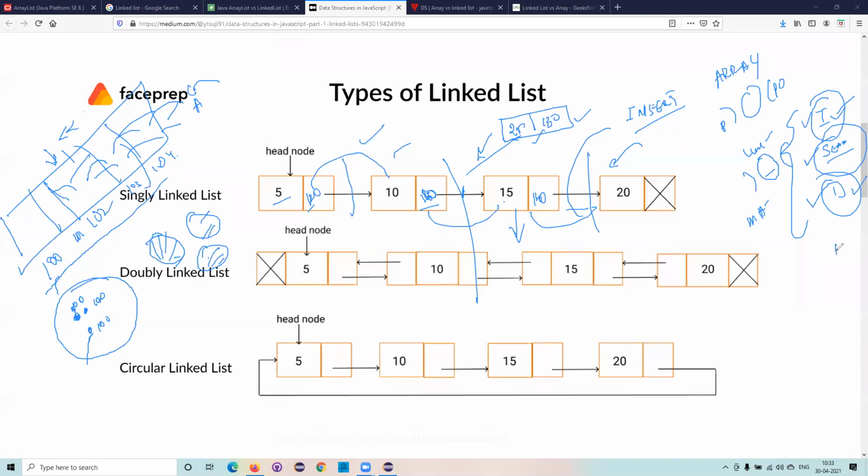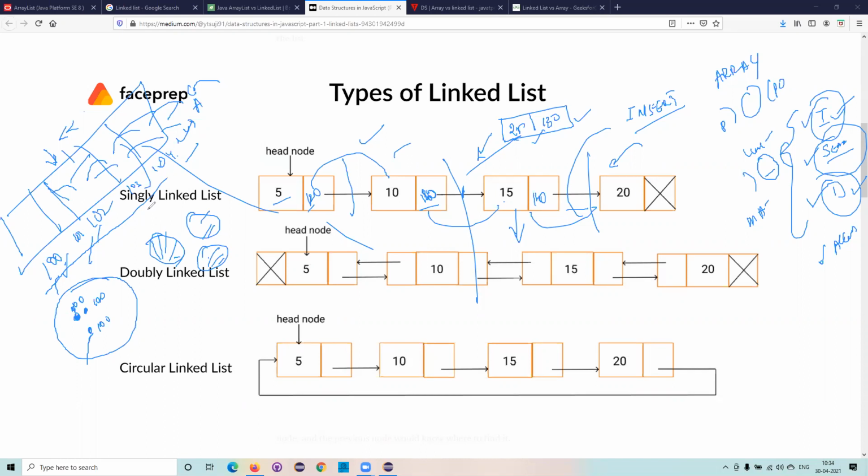And the next one, accessing. If you want to access an element, which is faster? Array list. Why? Because it is ordered and sequenced, so it is easier for us to fetch. With that particular index number, I can quickly fetch these particular values. So accessing is always very fast. You need to understand the scenario in which I need to take the linked list, or in which scenario I should take the array list. If I want to access only that particular list, then I'll go for the array list.